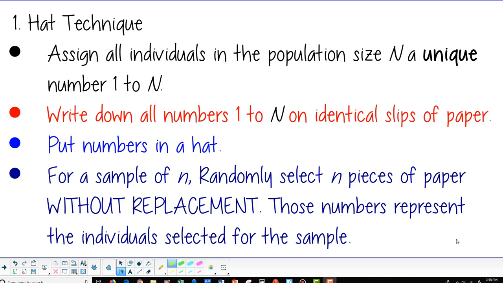Right? This is the most simple, low-tech way of doing things. Basically, what we do is we give every individual in your population a unique identifier, usually a number, right? And we write down all those numbers on the same size piece of paper because we want to make sure they're the same size, because if one paper is too big compared to another, then that bigger paper is going to be more likely to be selected. We put all of those identical sized pieces of paper in a hat, shuffle it all up, randomly select our sample size from the hat without replacement,